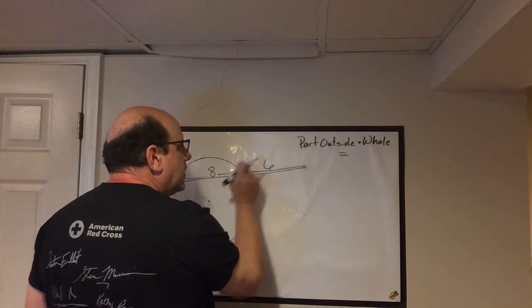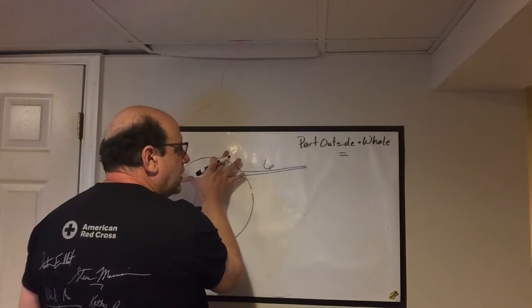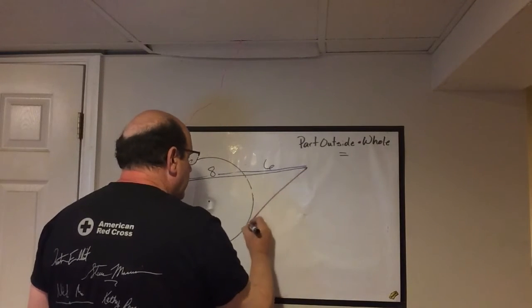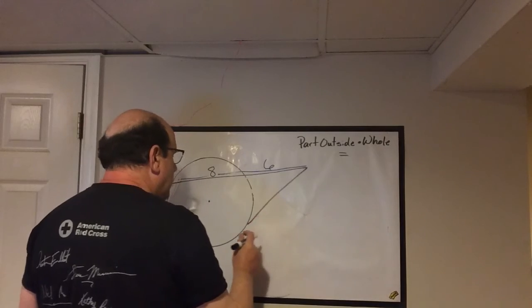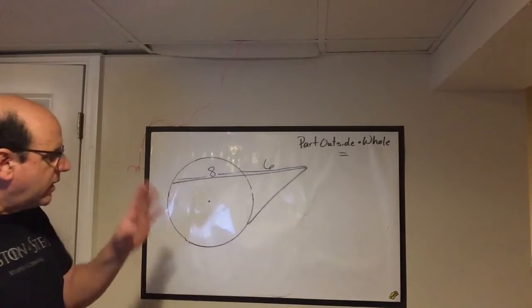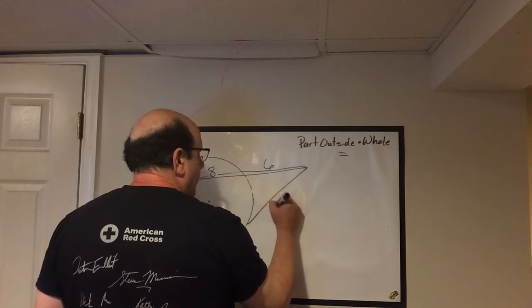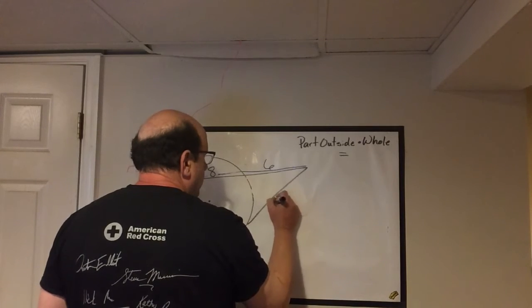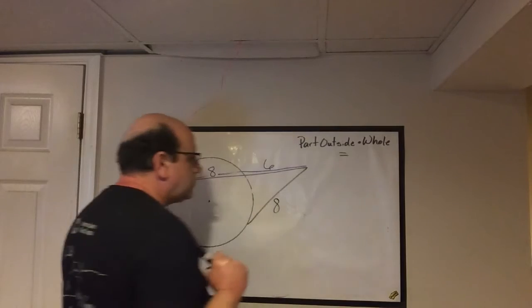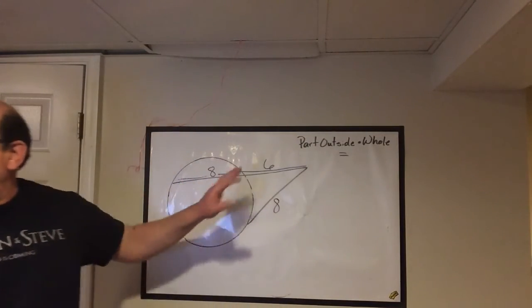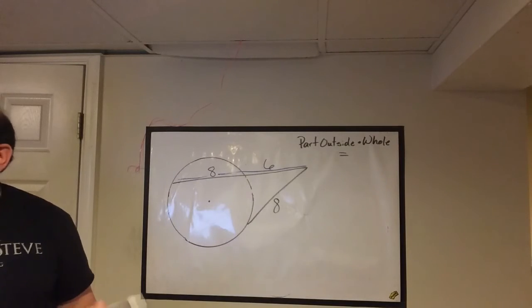Part outside times the whole secant. But if I have a tangent out here, and that's a poorly drawn tangent, but I'm just going to go with this. Let's make it an 8. And just for our purposes, we're going to have whole numbers all the way through here. If I have a tangent,